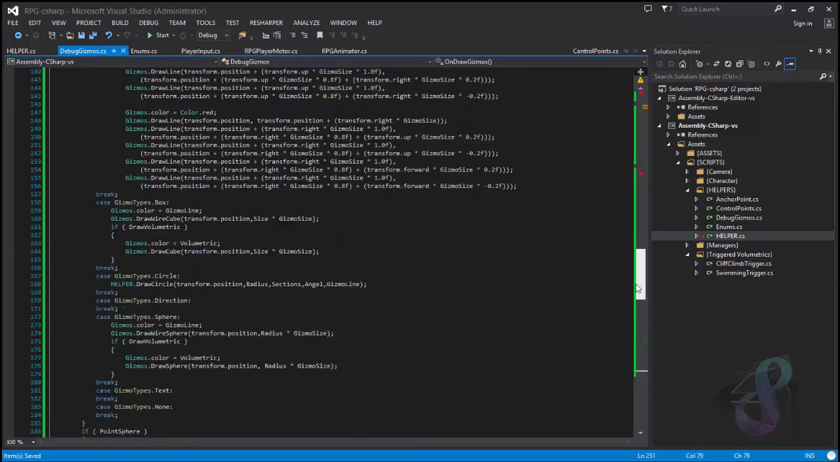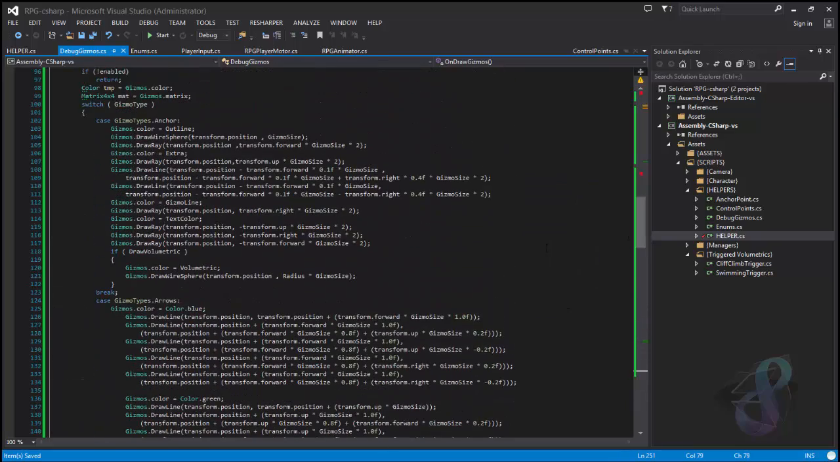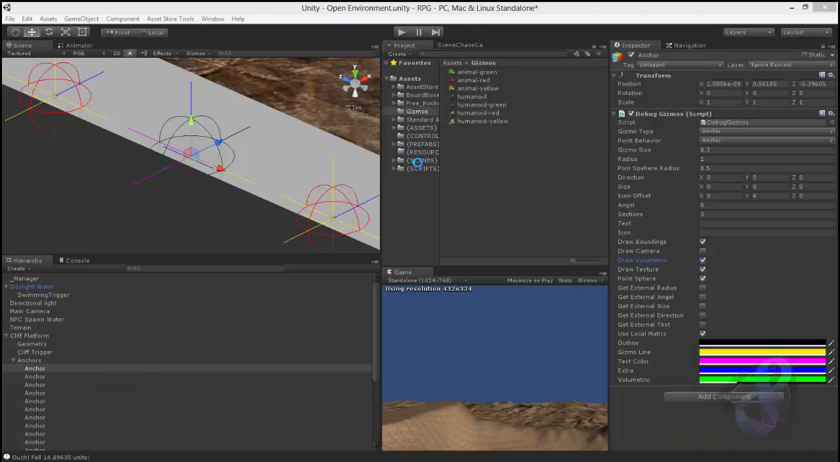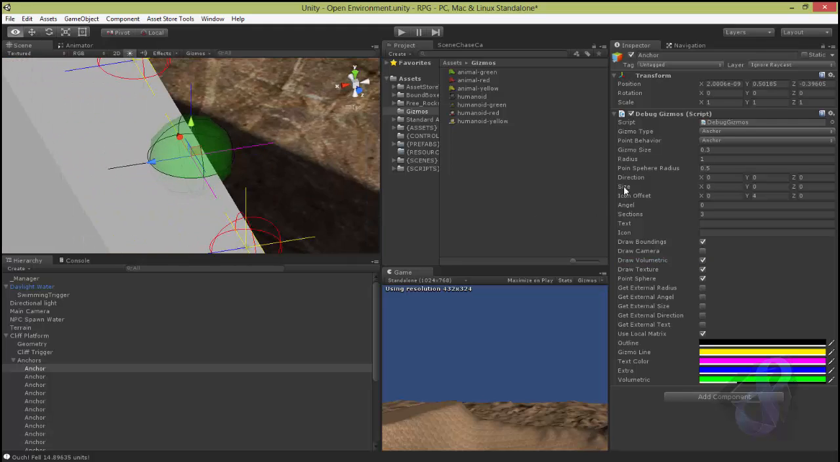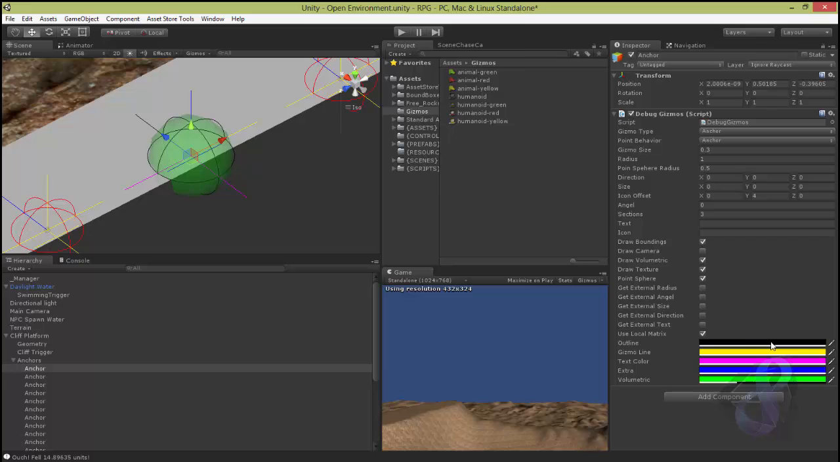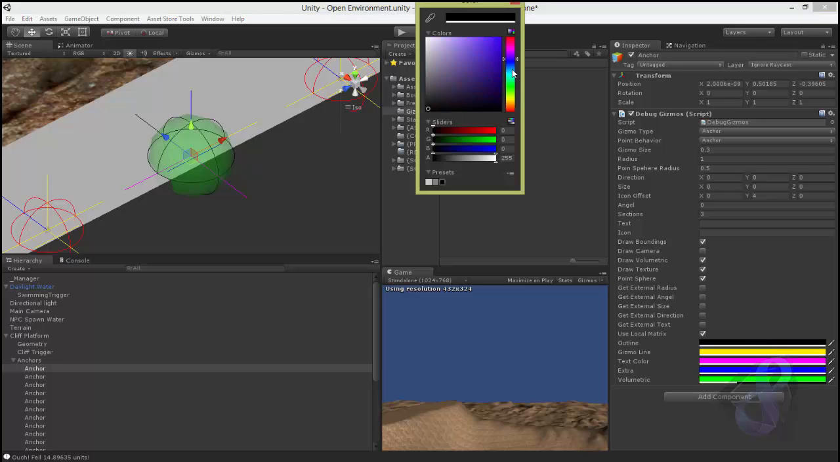Ignore all. Yeah, because I'm drawing the wire sphere. Sorry. And we get a volumetric now here. Compile. Come on, compile. There we go. And of course I can change the colors because I want some bluish color